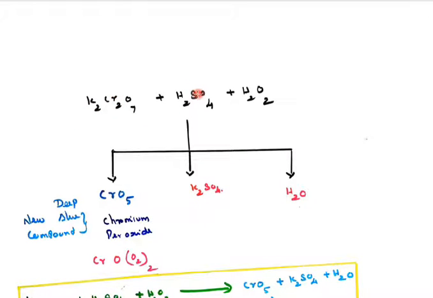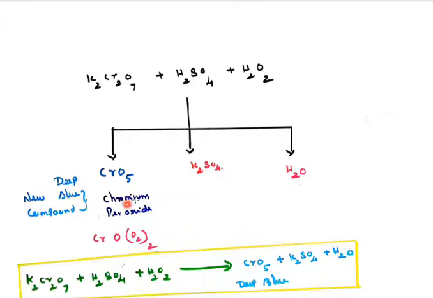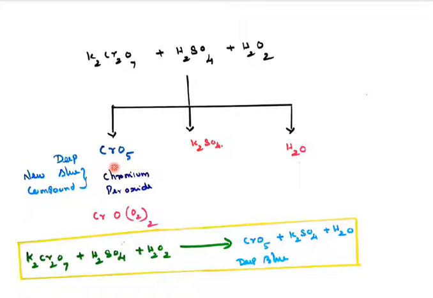It is called chromium peroxide, potassium sulfate and water, because it contains two different metals, potassium and chromium. Chromium forms chromium oxide. So chromium peroxide, and potassium with sulfate forms potassium sulfate. Hydrogen and oxygen combine to form water. They will ask you to write the oxidation number of chromium in chromium peroxide, or CrO5. So it is called chromium peroxide.